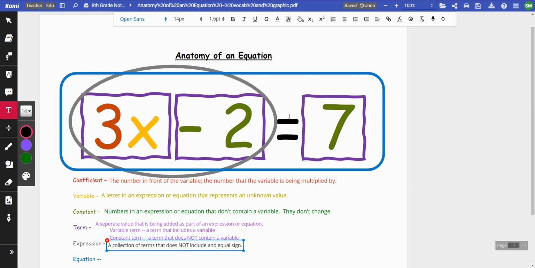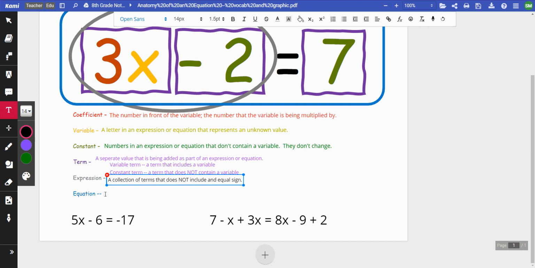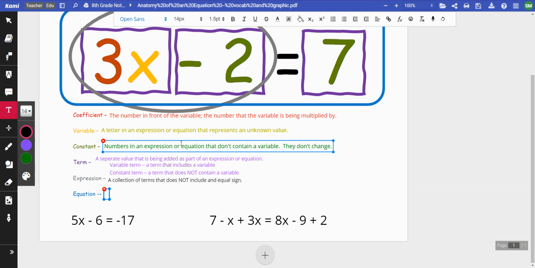And we could call this 7 an expression, but we normally don't if there's just a constant. We would just call that a constant instead of calling it a whole expression. If there was a variable here or more than one term, that would definitely be an expression. Okay? And equation. An equation is this whole thing, a collection of terms